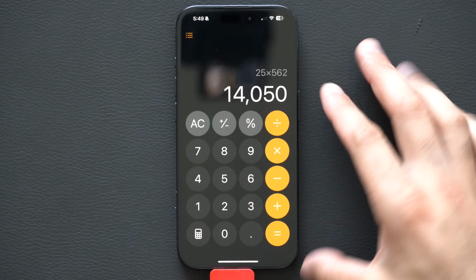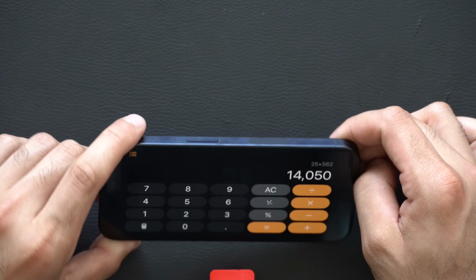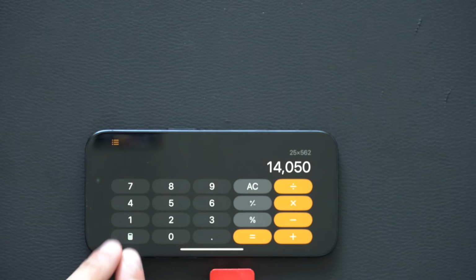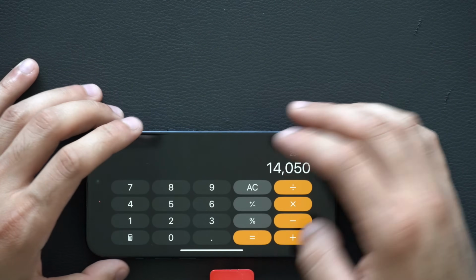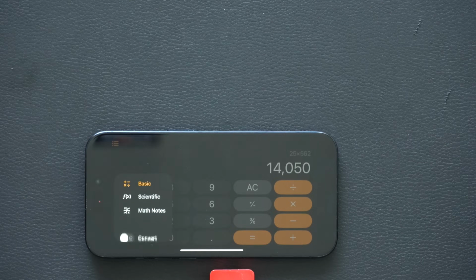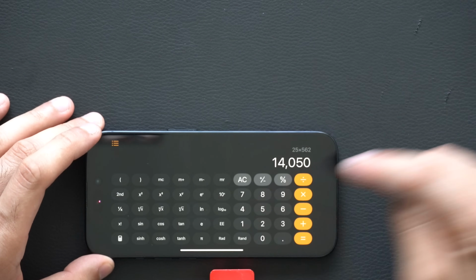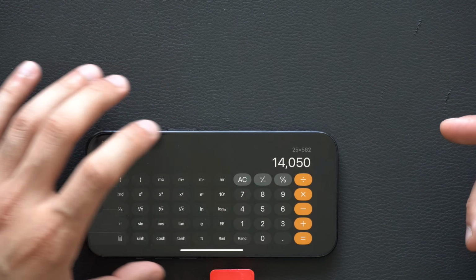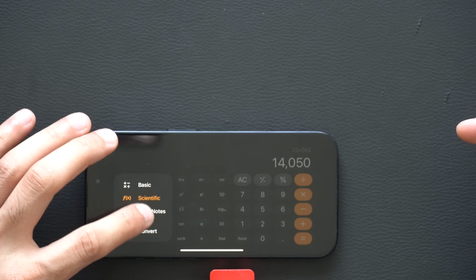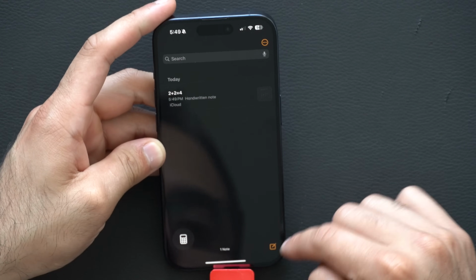And if you go into landscape mode, this is how it looks. Gone are those other icons over here that we never really used. But if you need access to it, just tap the little calculator icon, and you can change it to the default one where it previously was when you place it on landscape mode. Or you could just do math notes right here